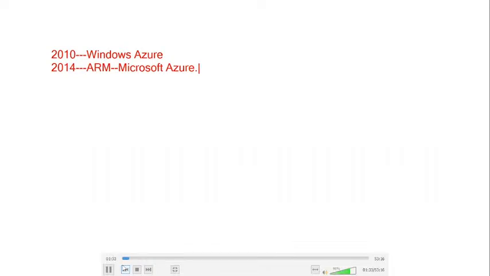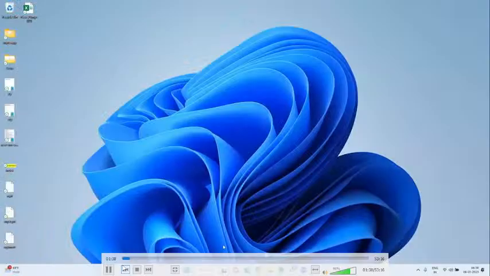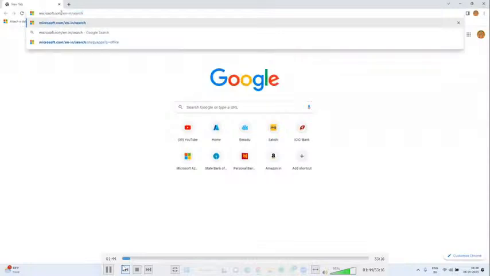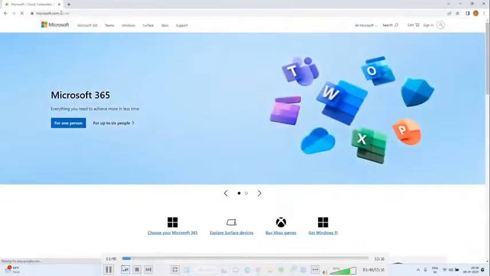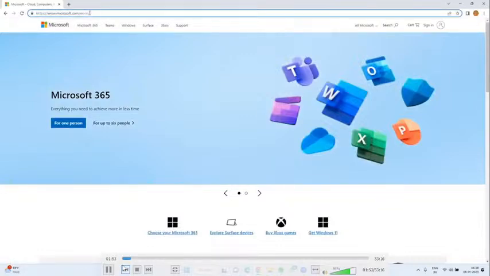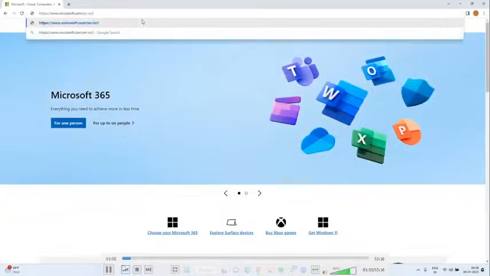For Azure, if you need any certification information, just go to Microsoft.com. This is the official site. Now at the end of the URL, just type learning.